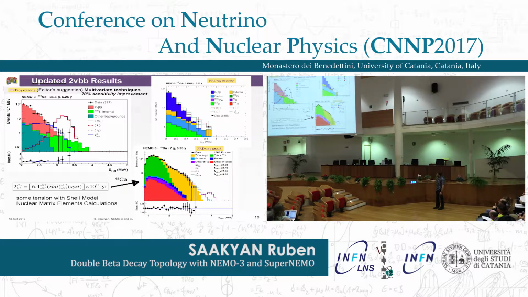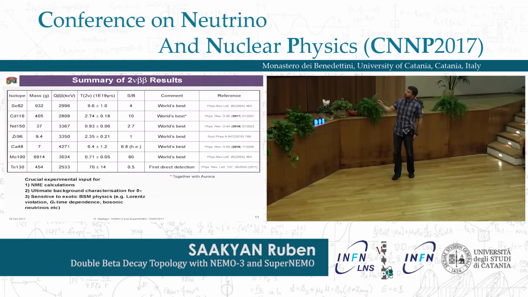And another interesting result, which may raise some eyebrows here in the nuclear community, is that we published the results for calcium-48, which is currently in some tension with the shell model nuclear matrix element for the 2 neutrino decay. Okay, so this is a summary of 2 neutrino double beta decay results, and you can see all 7 isotopes in all cases are basically the world's best, most accurate measurement of the 2 neutrino half-life, and of course we all know how important they are, and we've discussed it already quite at some length.